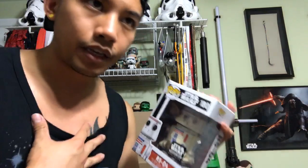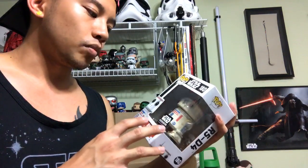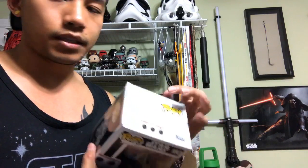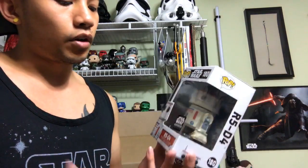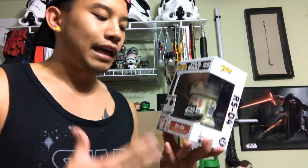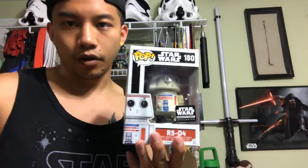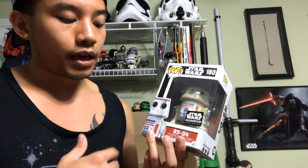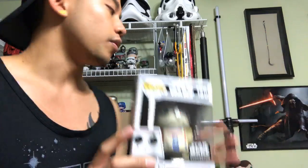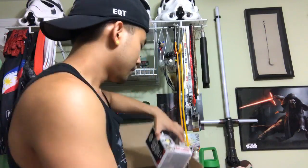If you guys want me to unbox this thing, I will. I've been tending to leave these pop vinyls in the packaging just because it holds more value. It keeps the boxes in better shape. And I noticed that my pop vinyl reviews don't have too many views on them. So unless I get a lot of requests to review, I probably won't open it, unless there has to be something to motivate me to do that. So anyway, guys, this thing looks really cool, R5D4. And the other one, just as cool, from the prequels instead, we have...